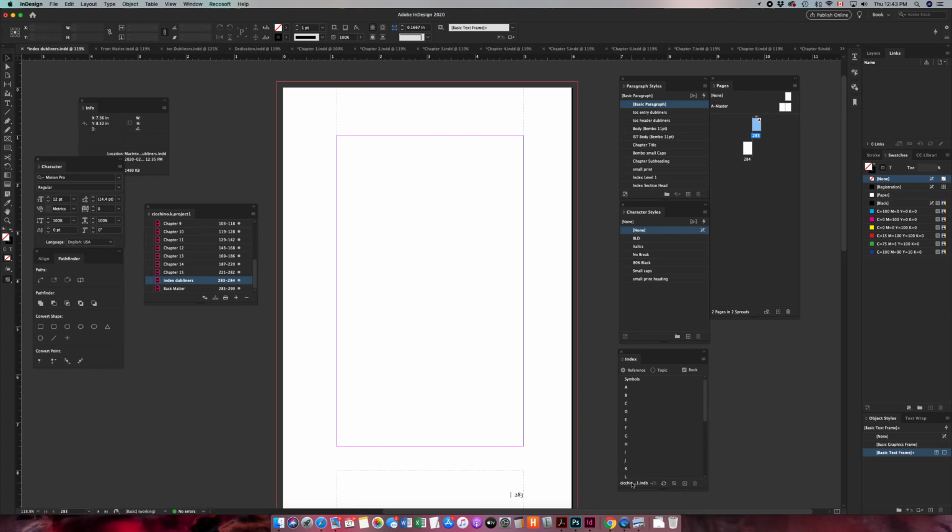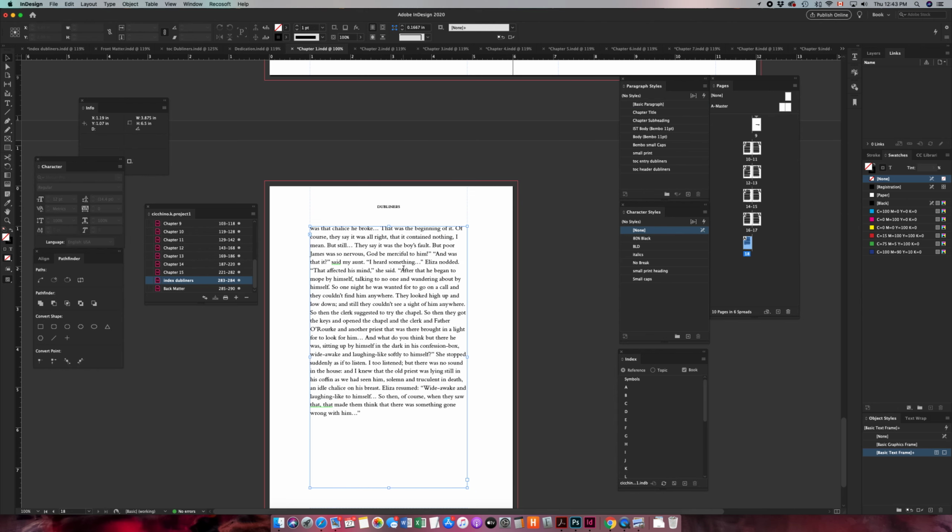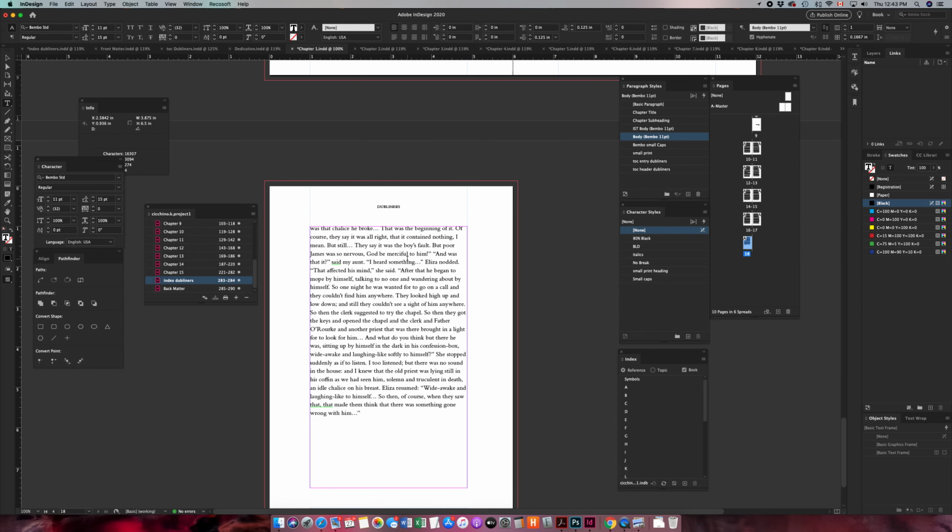Okay, so to start inserting my entries, I can go to any one of my chapters and grab some text. Again, I don't have any rhyme or reason for this one. Again, it's just an exercise to be able to find some of these things and show you how to lay out an index. Okay, so